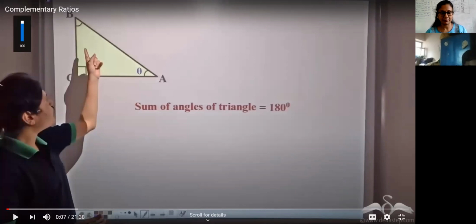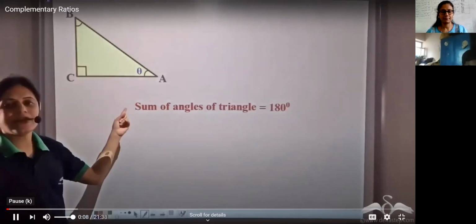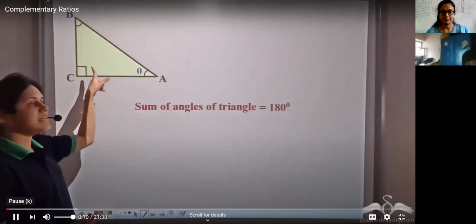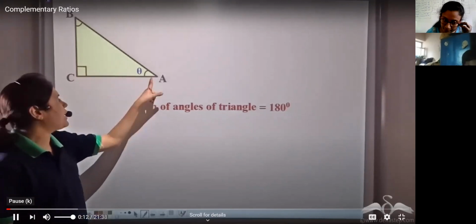Now let me play. In this right angle triangle, angle C is 90 degree, angle A is...